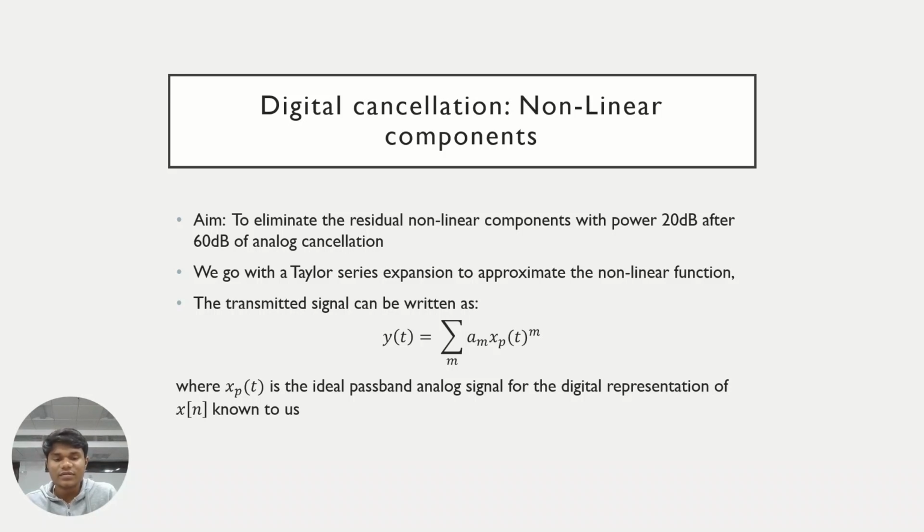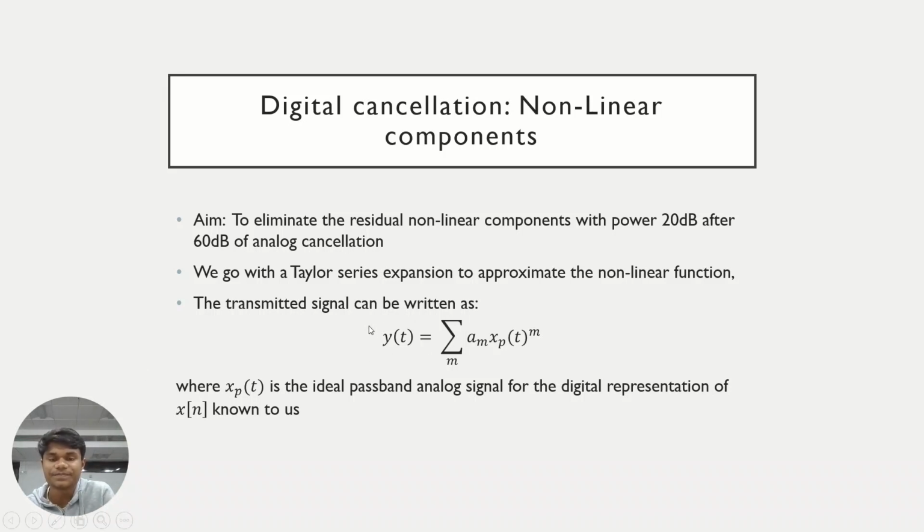the nonlinear function that the transmitter might be applying would be difficult to predict or get the information of directly. So what we are going to do, the typical way, is to use a Taylor series expansion to approximate that nonlinear function. So again, we write that nonlinear function's output, which is the transmitted signal,